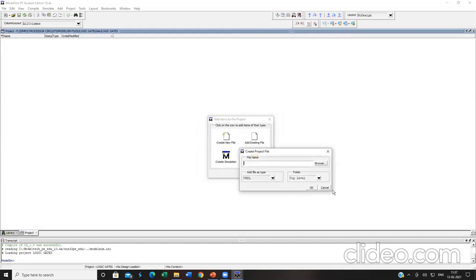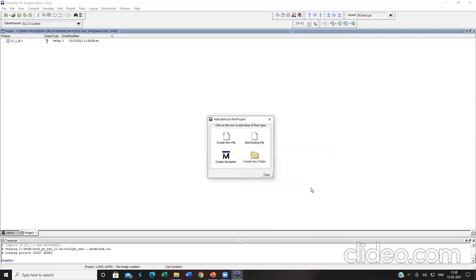The create project dialog box will appear. Select the add file type as Verilog. Since I want to create a test bench file that is closely related to my original Verilog file, I am just providing an extension with the same file name. LG underscore 1 is my original Verilog file. Underscore TB indicates I'm creating a test bench file for my original RTL file. Here the folder must again be top level. The remaining things must not be touched at all.